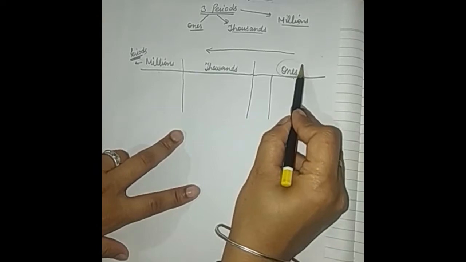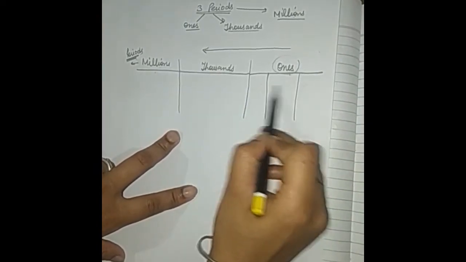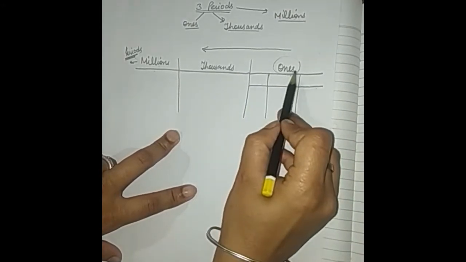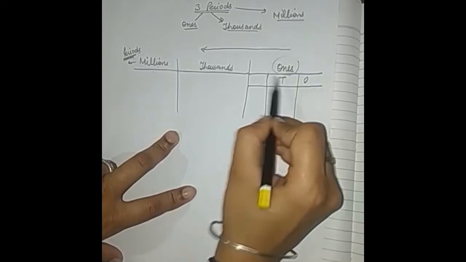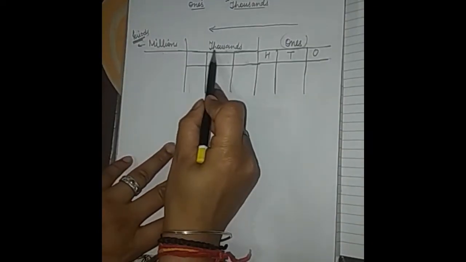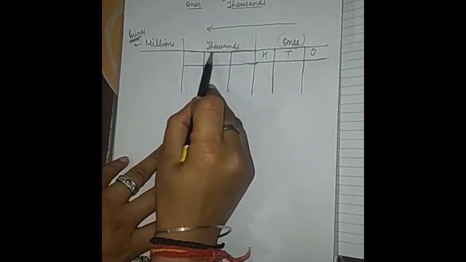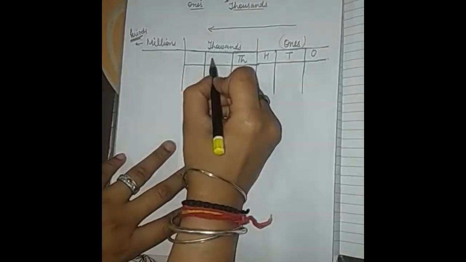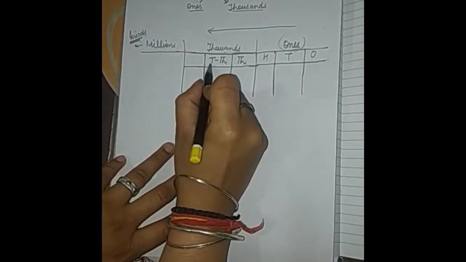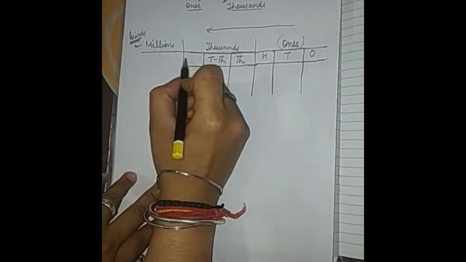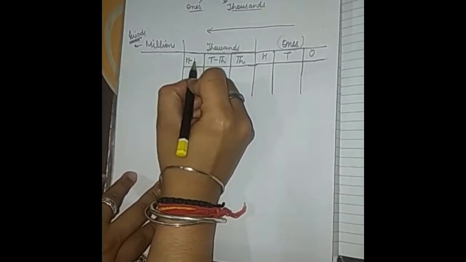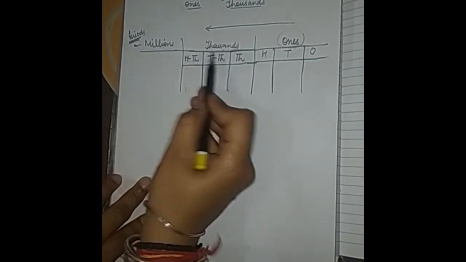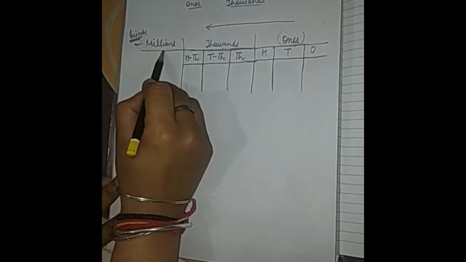The first period is the ones period. It has been further divided into three subparts, so it has three places. The ones period consists of three places: ones, tens and hundreds. The next period is the thousands period. In the international system, the thousands period consists of three parts. The first is thousands, second is 10,000, TTH means 10,000, and third place is 100,000, HTH means 100,000.